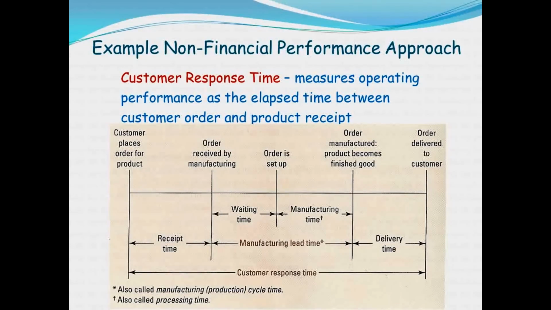If you only evaluate this, yeah, you can get it done really quickly. Just keep tons and tons of inventory. There's a cost to that. So it's a balance between the use of non-financial indicators and financial ones. You look at the series of things that happen between the customer order and delivery, and manage that critical path to get it down to as short a period of time as possible. Okay,